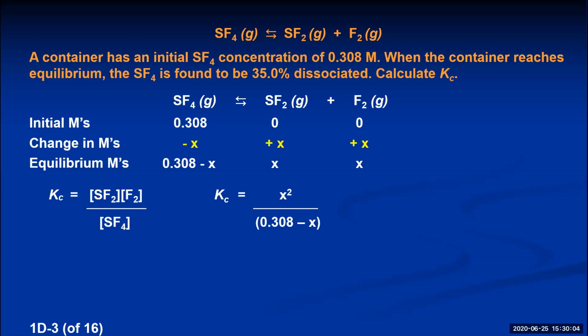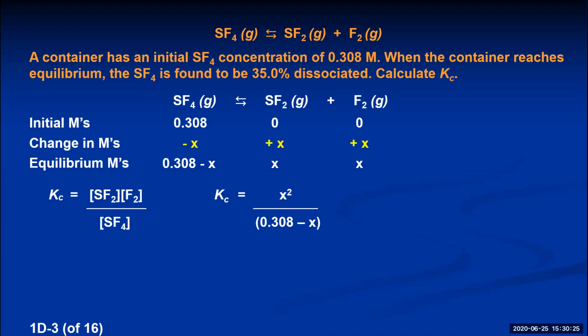And then once again, we have a situation where we actually have 2 variables. We're trying to get Kc, but we also have this variable x. So there has to be something in the problem that's going to allow us to calculate the x first so that we can then determine what the Kc is. And the only other bit of information given in the problem was it says at equilibrium, the SF4 is found